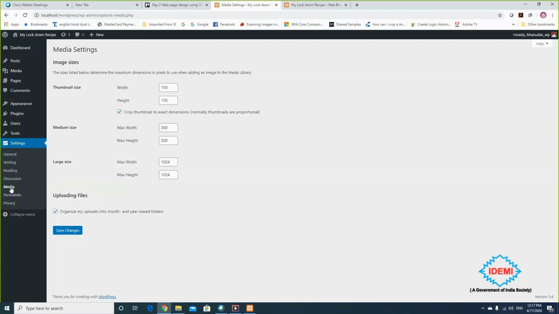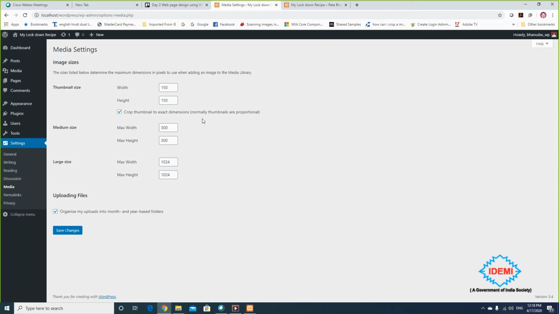You can change this width and height from here. Whatever new width and height you set will apply to your image, and it will convert those images into these three popular image sizes. Okay, and it does this at the time of uploading.